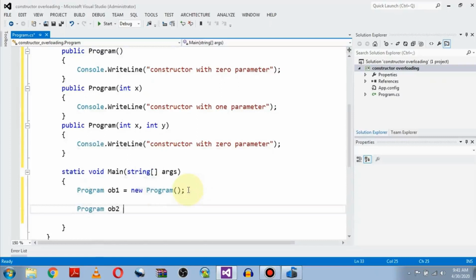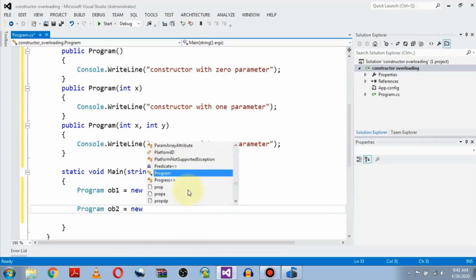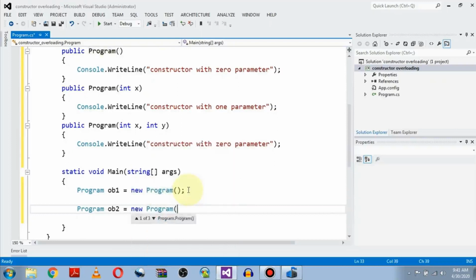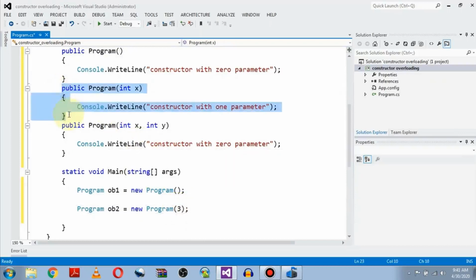So object number 2 is equal to new Program. Now if you don't send any argument, it will call the 0-argument constructor function. If we send, let's say, 1 argument to this object, then the 1-argument constructor will be called.